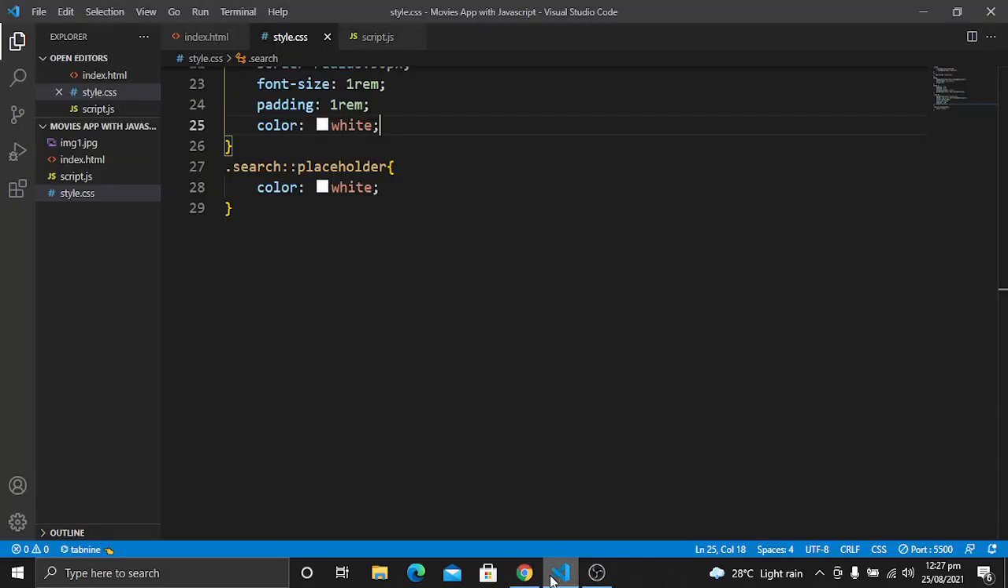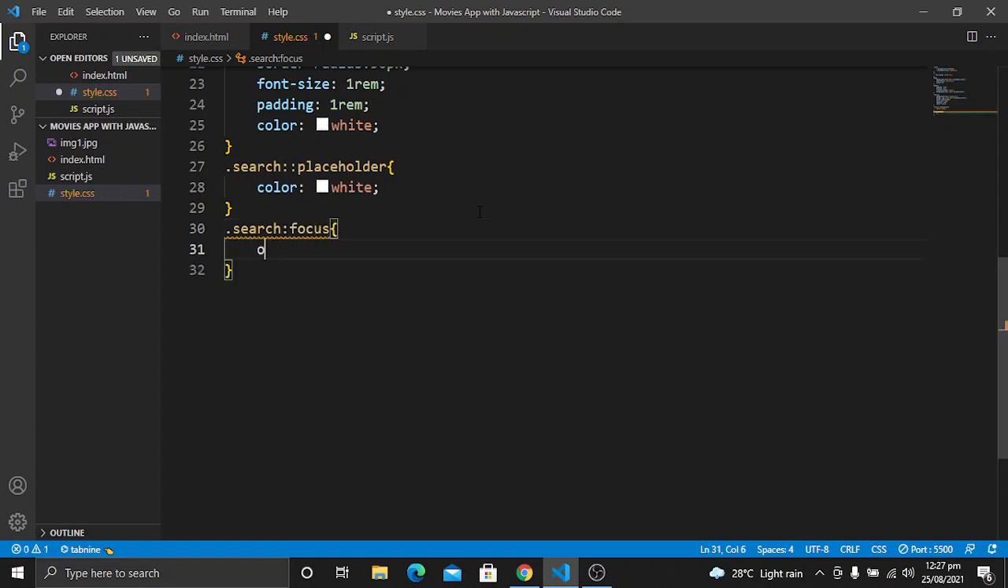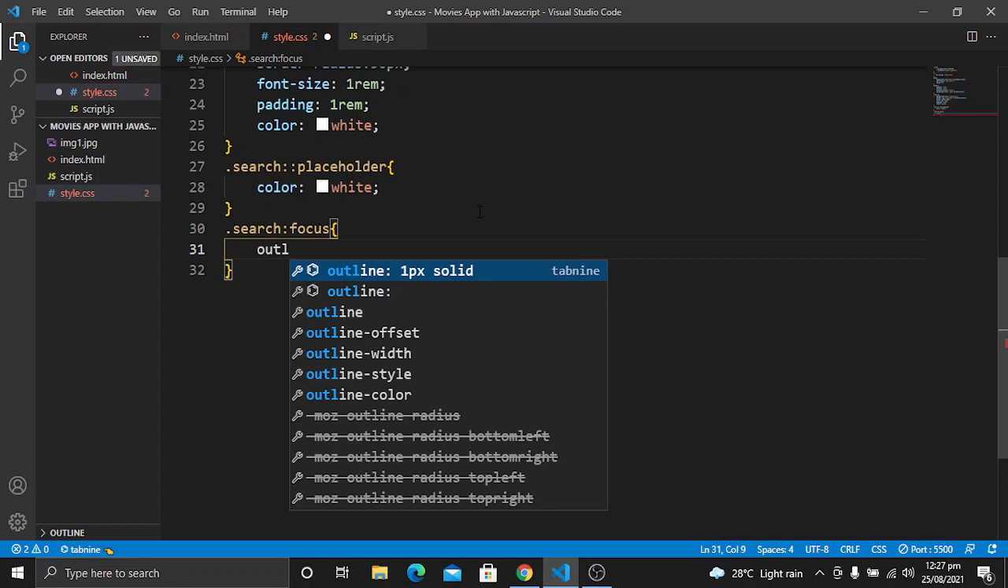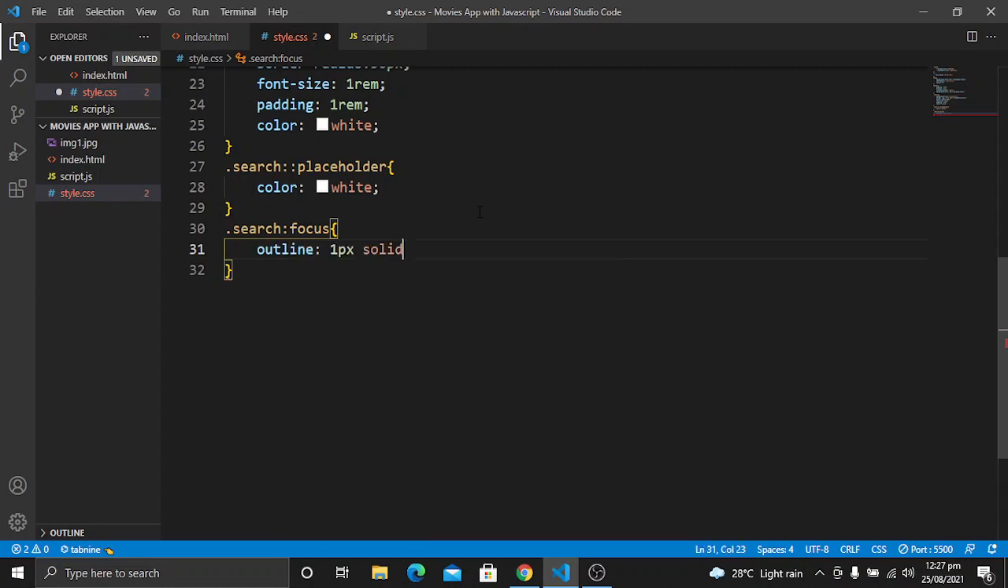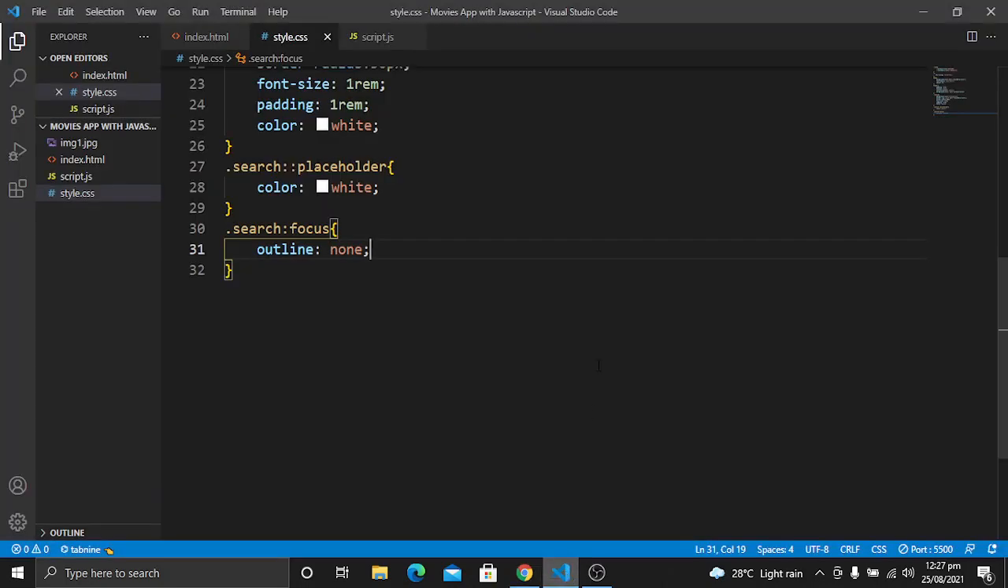So let's remove this outline, which is not looking good right now. So I will target this search with the pseudo selector of focus. For this, we don't want an outline, so outline will be none. Let's save it, and now you will see, when I click on it, we don't have any outline. So it's looking good. We are done with the styling of the search input field, and in the next step,